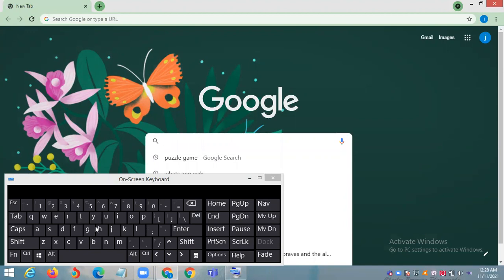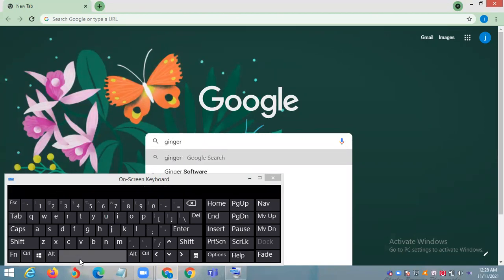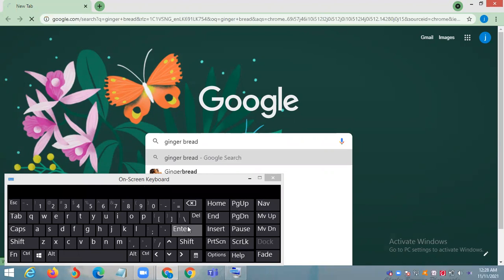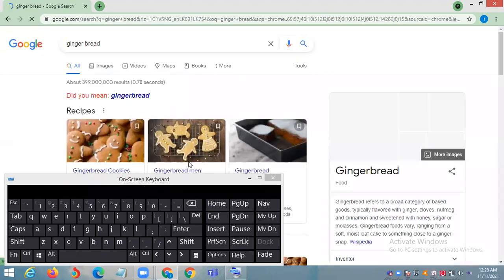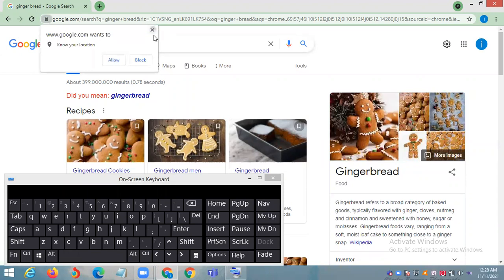See? Guinea pigs. No, we'll type gingerbread. Right, enter. Now it's loading. Yes, you can see gingerbreads. So, did you see how we type from the screen keyboard?